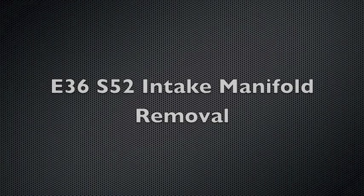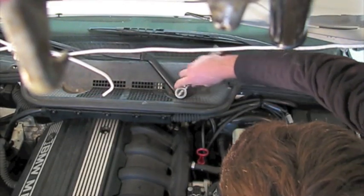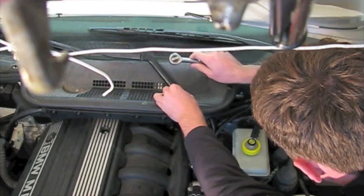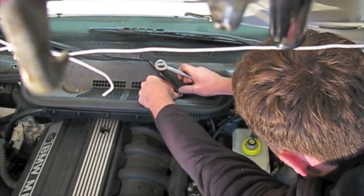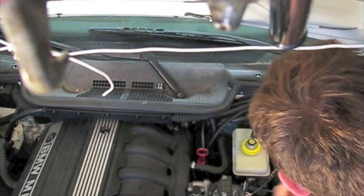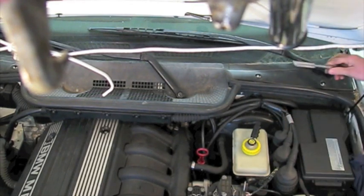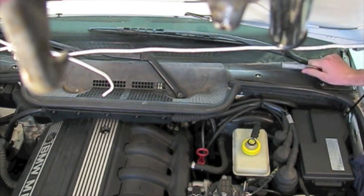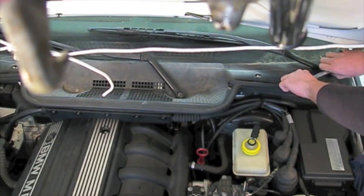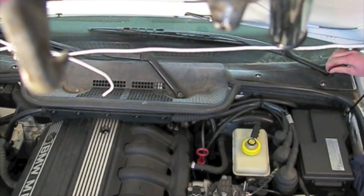Hey guys, so this is a quick video I did on removing the intake manifold for an S52 engine in an E36 M3. Mine's a 1997. To start it off, I pulled my windshield wipers out, and then I'm going to pull the tray out. There's a shield there that blocks off the heater core. I don't have a heater core in my car, so it's not really blocking anything off, but it'll make getting the intake manifold out a lot easier